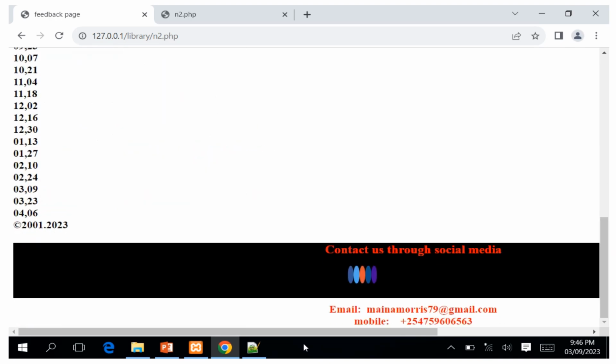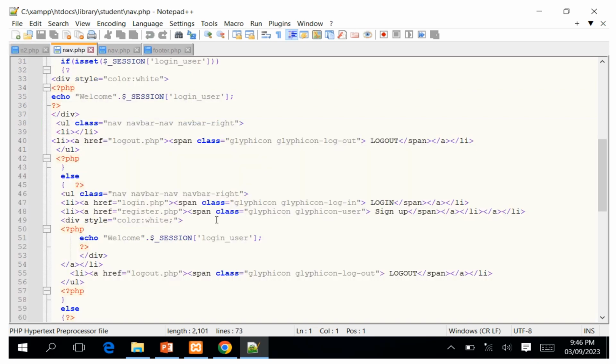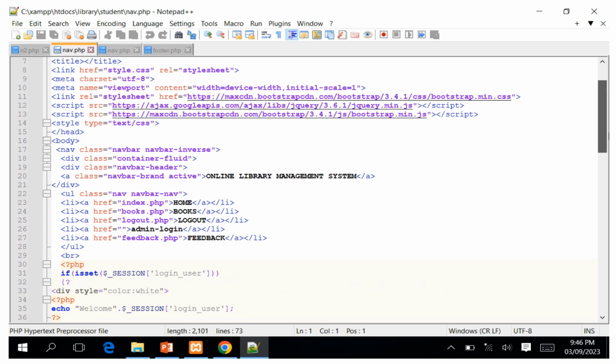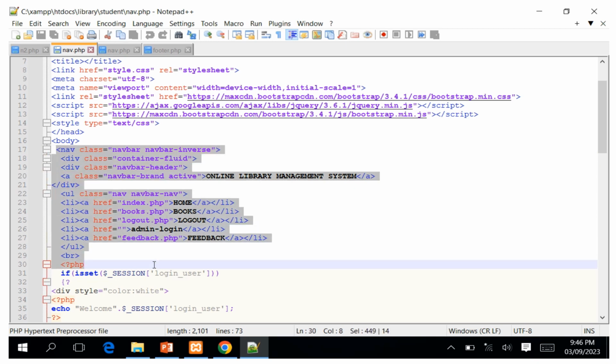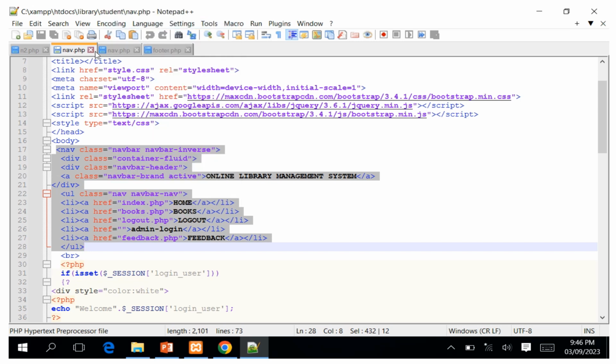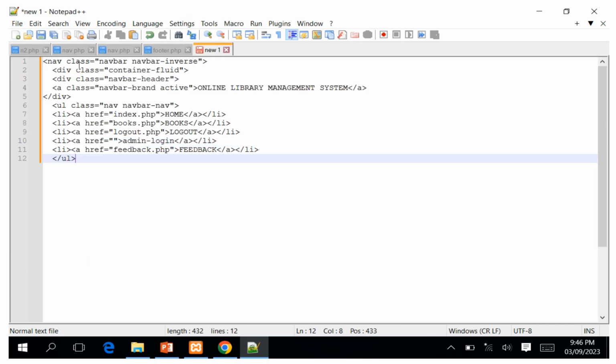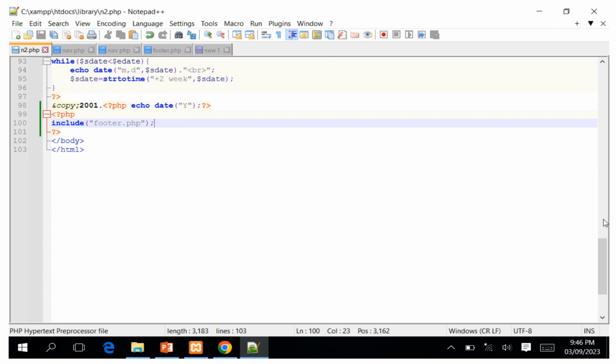Maybe for example, for it to look nice, maybe we can see here we don't have the header, so I just need to copy only this. Let me just copy only this from here. I just need only to copy that. Maybe I can just copy it, and then here I can come and create a new file, and then I can paste that, and then let me just take the upper part,